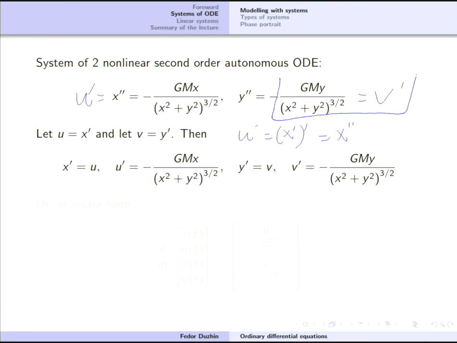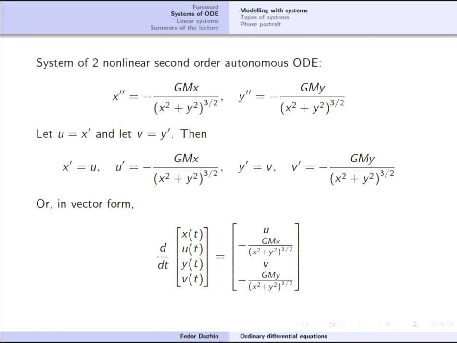And now just look at this part and look at this part, right? So it means that by introducing these new variables, we reduce the order of this system. We introduce two more equations, but at the same time we reduce the order. So whenever we want to reduce the order by 1, we can do it by introducing 1 more equation to this system, right? So again, that is very important. So we have converted a system of 2 second-order equations into a system